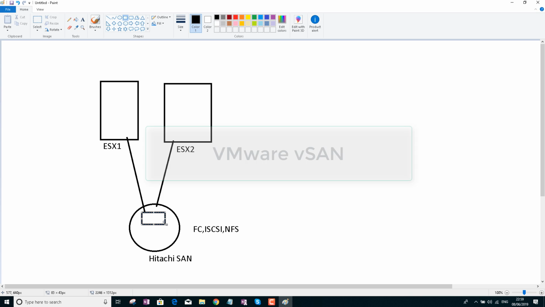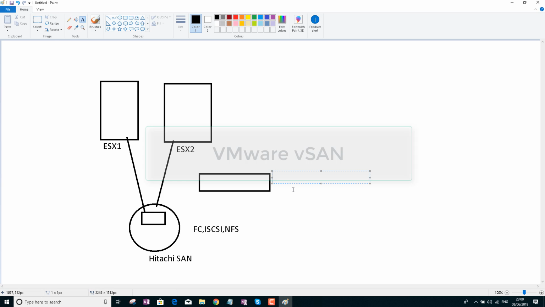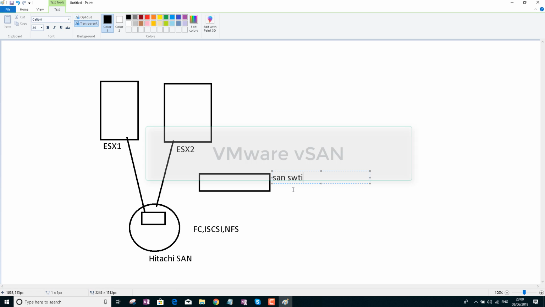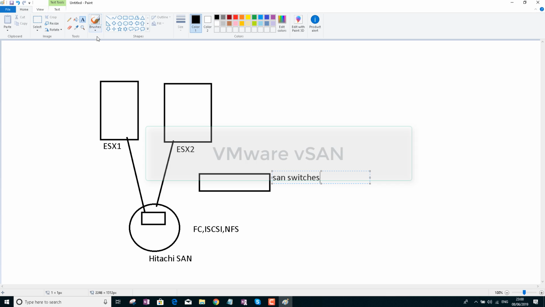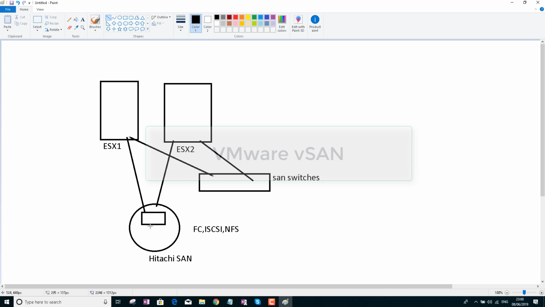But when it's coming to a bit larger environment like 2, 3, 4 ESXi hosts or even more than that, then SAN switches will come into the picture. Then we have to configure the SAN switches as well. We plug the ESXi hosts into the SAN switch, and only through the SAN switch can we access the shared storage. But with vSAN, what it does is,